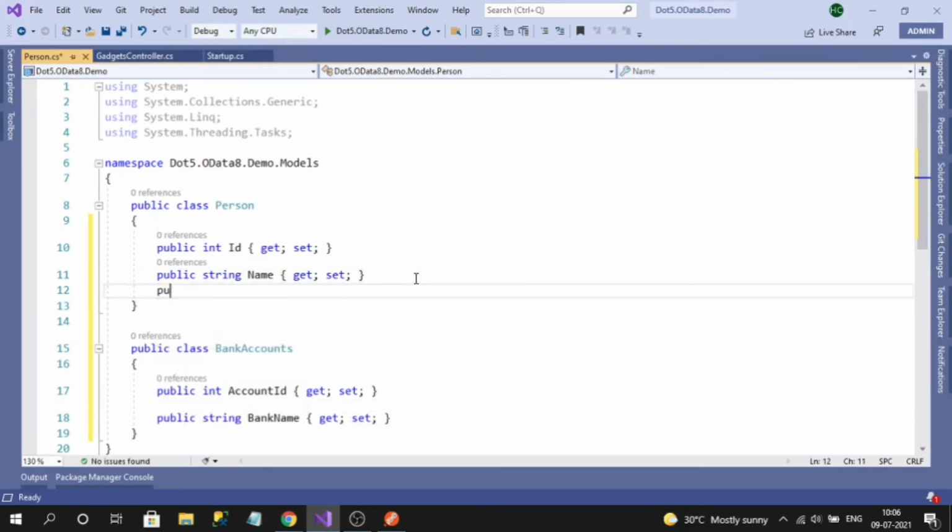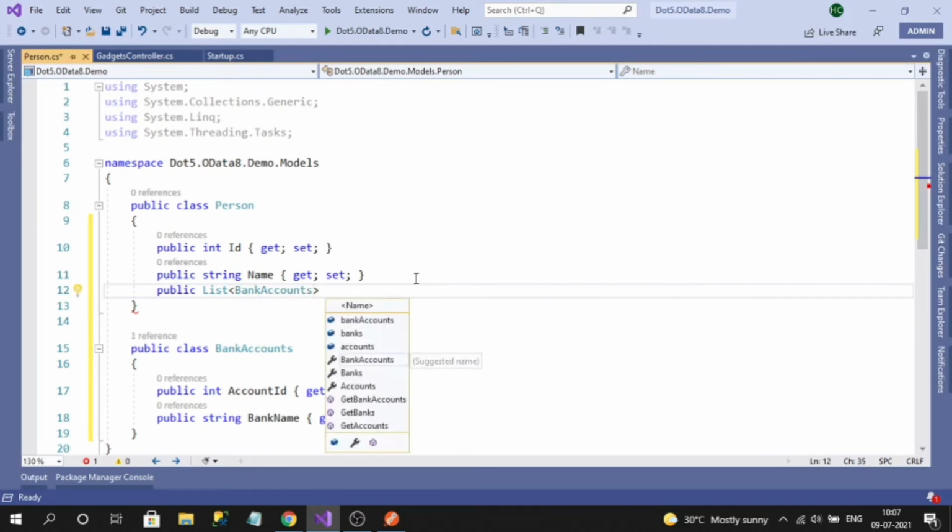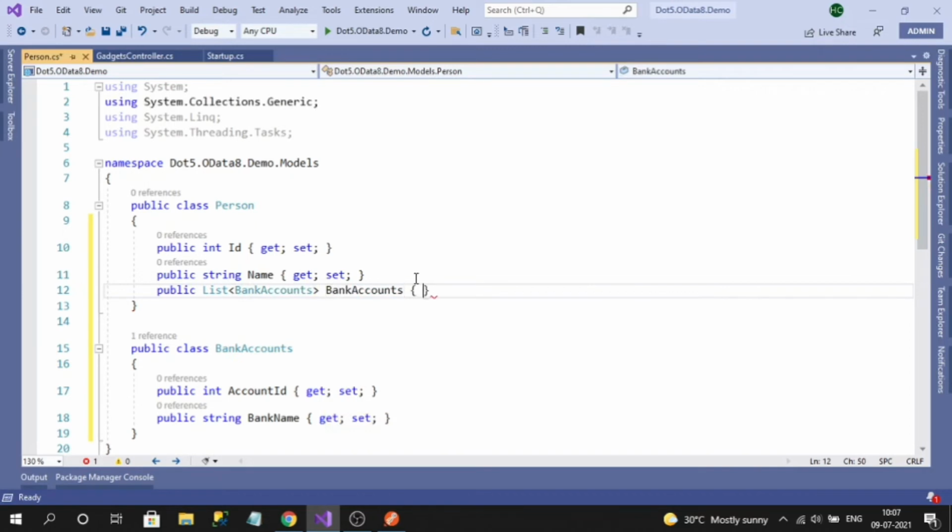Person will have a collection of BankAccounts. I am just trying to create a dependent complex type object.